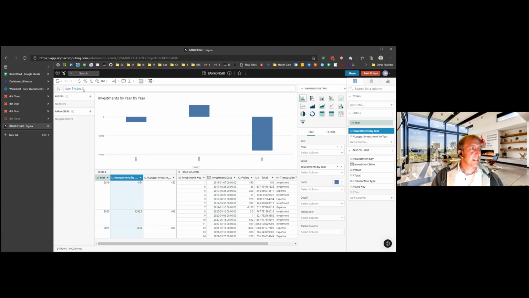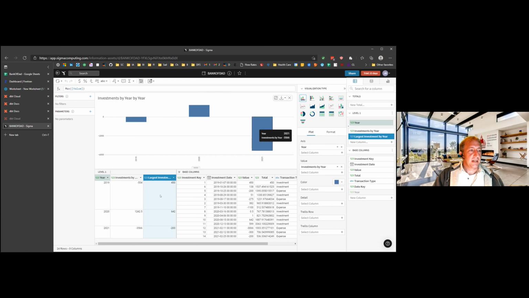And here I've done something where at this aggregated year level, I've just summed all the investments. So all of my daughter's investments by year, I've summed up here as a column, and you can see them. And then here I've done the maximum. So the maximum investment summarized as a column. And so all I had to do to create that column was choose the year of investment date, and it aggregated it for me. And then here at that level of aggregation under the year, I created investments and then largest investment.